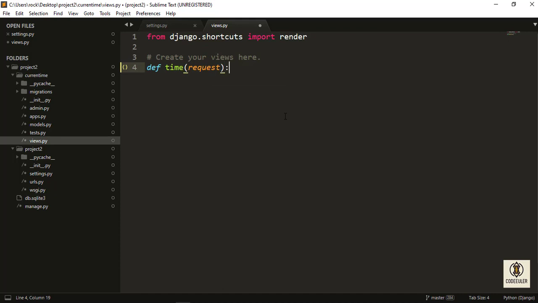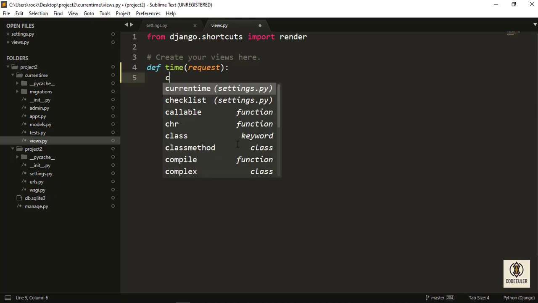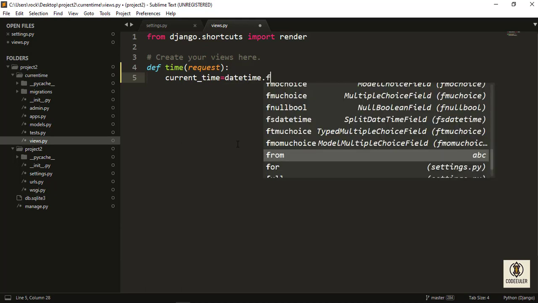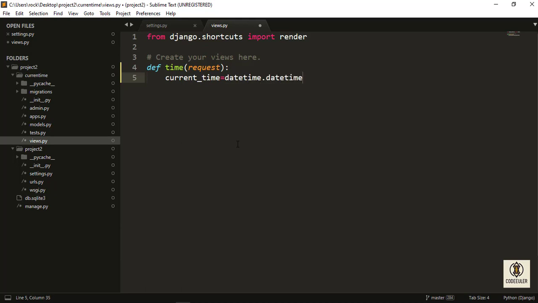It takes request, and the same way we did it in Python, current time equals datetime.datetime.now, it will print the current time. We have to import the module, so import datetime.